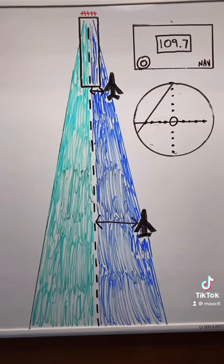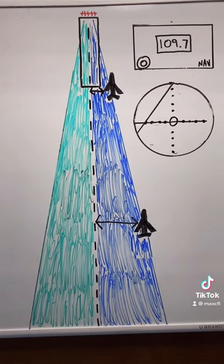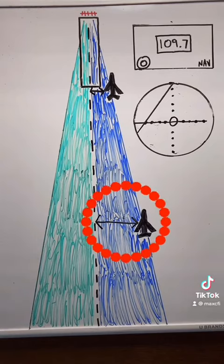Keep in mind that the Localizer course gets narrower and narrower the closer into the antenna you get. This means that a given CDI deflection represents a shorter and shorter physical distance from the center of the course the closer into the runway you get. In this example, both of these airplanes are showing the same 5-dot CDI deflection. But this airplane further out here is a further physical distance from the center of the course than this airplane